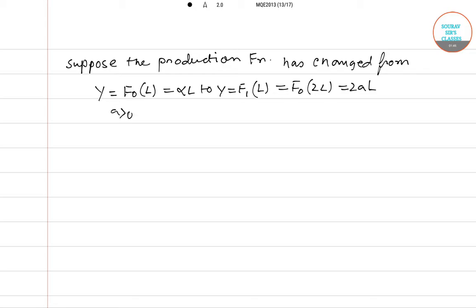Here A is greater than 0, and the labor demand curve is basically given by